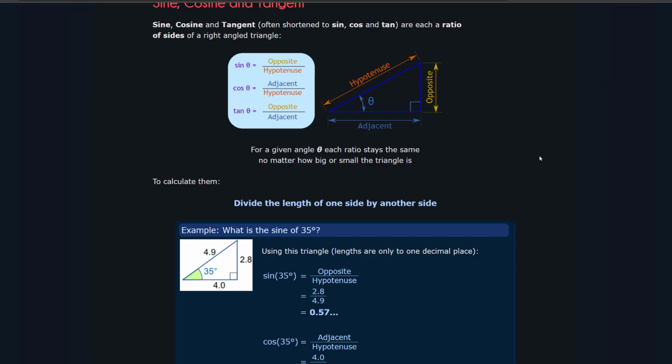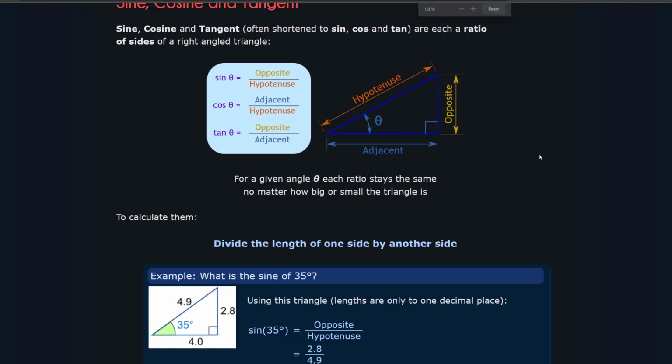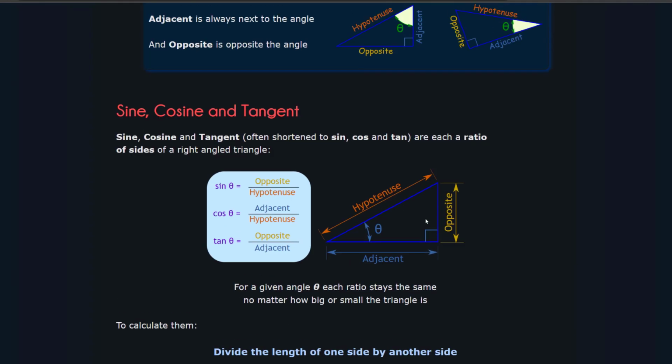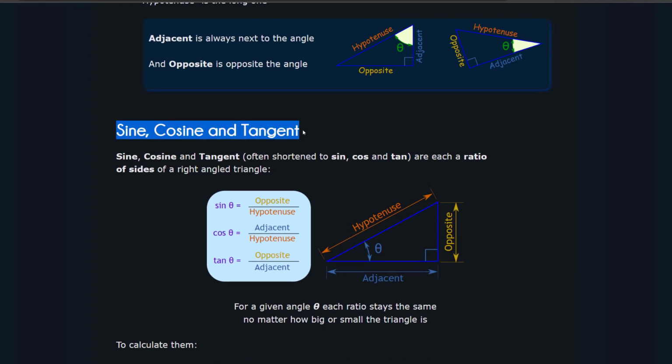Hello, in this video I'm going to help you review the very basic things about sine, cosine, and tan, the trigonometry. Firstly, we start with the definitions of sine, cosine, and tangent. These are the ratios between the sides in a triangle, including the opposite side of this angle theta, the adjacent side,